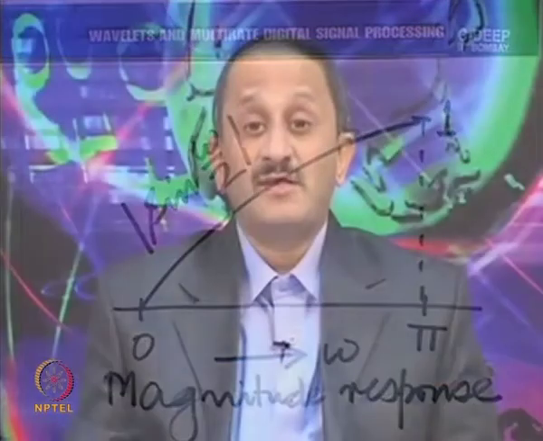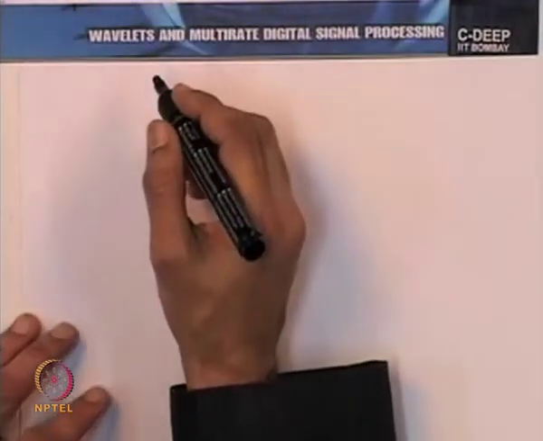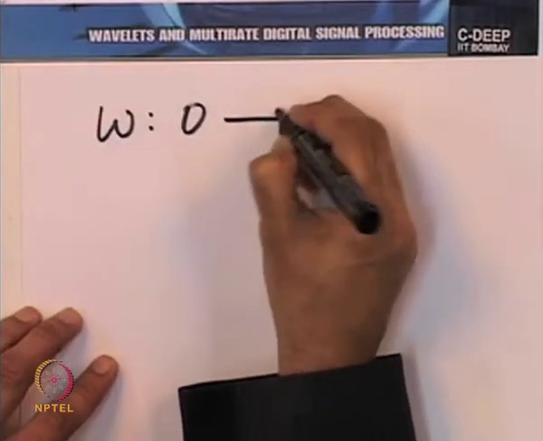Now, for the phase response. Now, please remember last time we had a convenient situation. We had two terms, one of them contributed no phase, the other one contributed a phase. So, we were comfortably put. This time we have to be a little careful. So, let us make life easy by first looking at only 0 to pi. Remember, we are going to have conjugate symmetry. So, let us consider omega from 0 to pi,